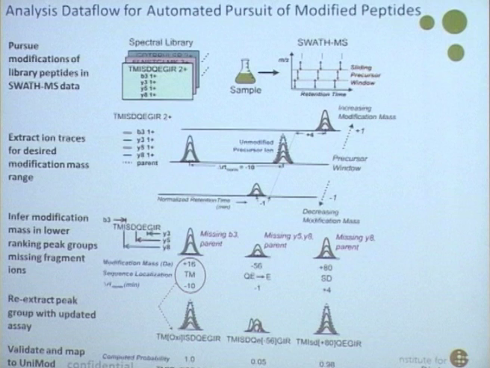And so here we have our unmodified peptide that we know what the identification is, because it matches the transitions that we have. And then we search up and down the retention time, and also up and down precursor windows, looking for low-ranking peak groups that match some of the ions that either differ by retention time or differ by mass as well. And then we can go and calculate what the probability would be by inferring